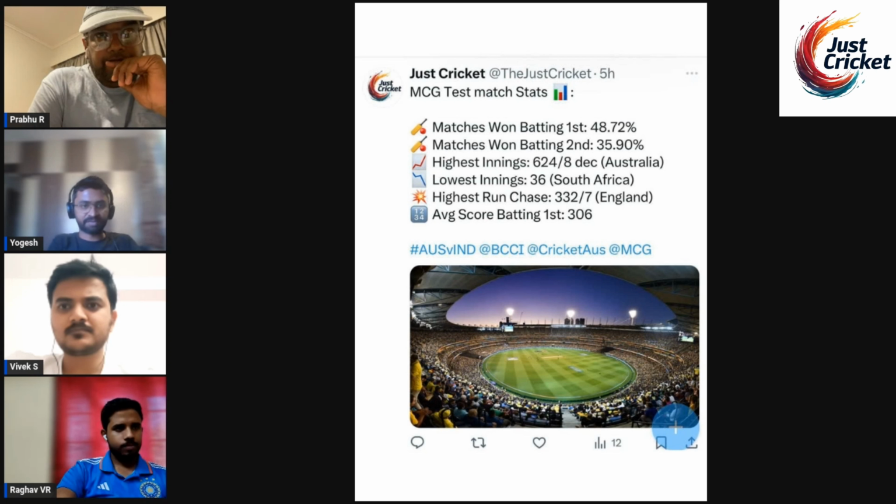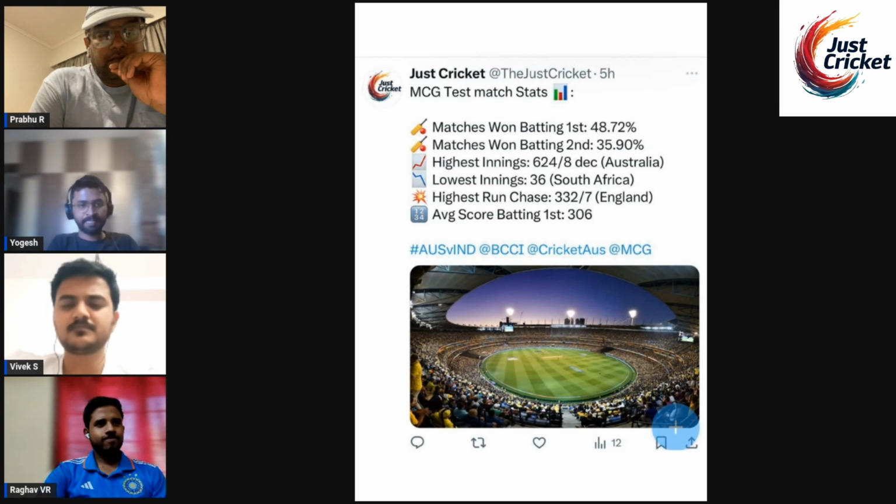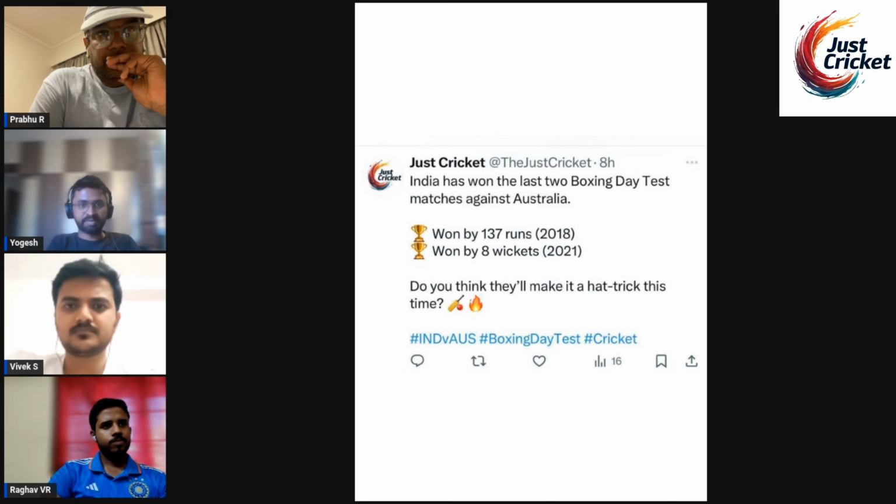So nearly 50% of the matches have gone in favor of the team batting first. So I feel that whoever wins the toss will go on to bat first. Let's see. But in the last match against India that was played in 2021, it was pretty much an anticlimax